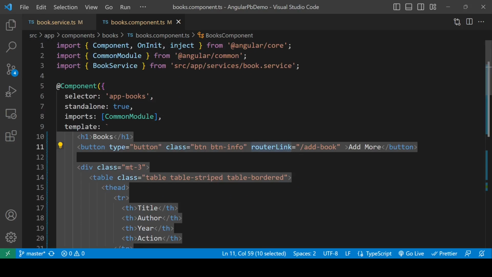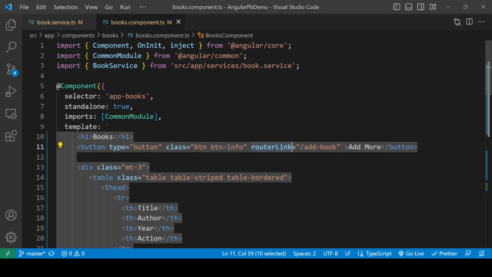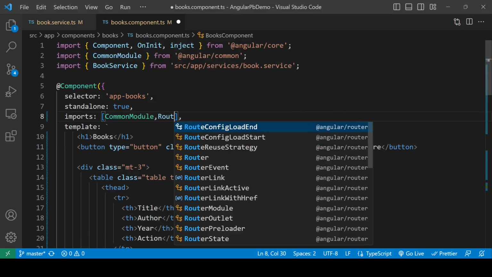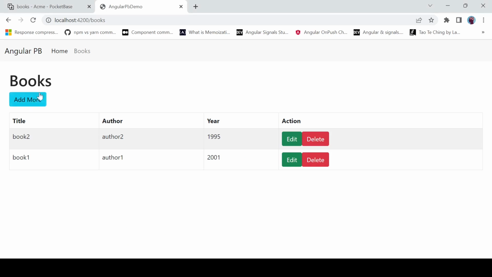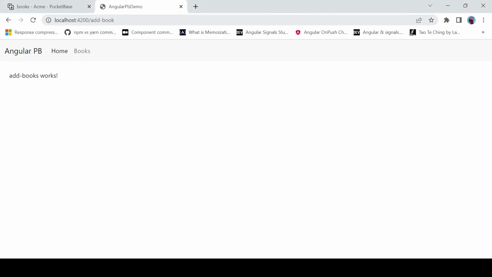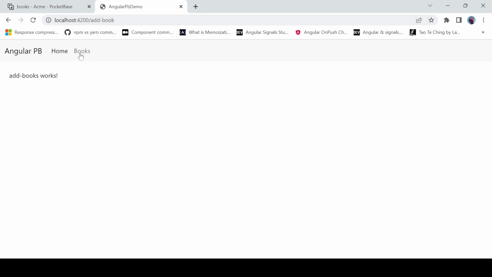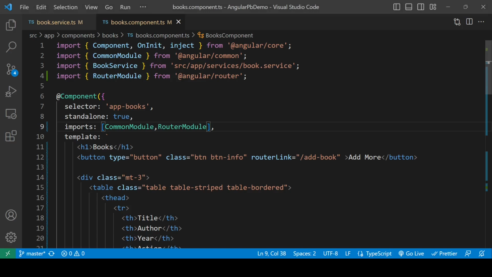And yeah, this router link is not going to work, and I know why, is we have to import router module here, because we are using standalone components in this project. Okay, now we are good. So if we go here in the add book section, and click on this add more, we are here in add book section. We are good,